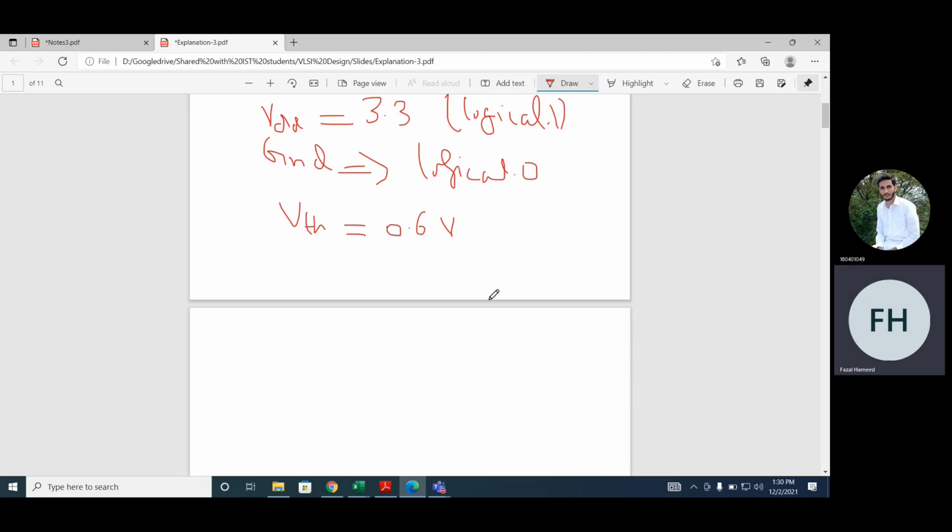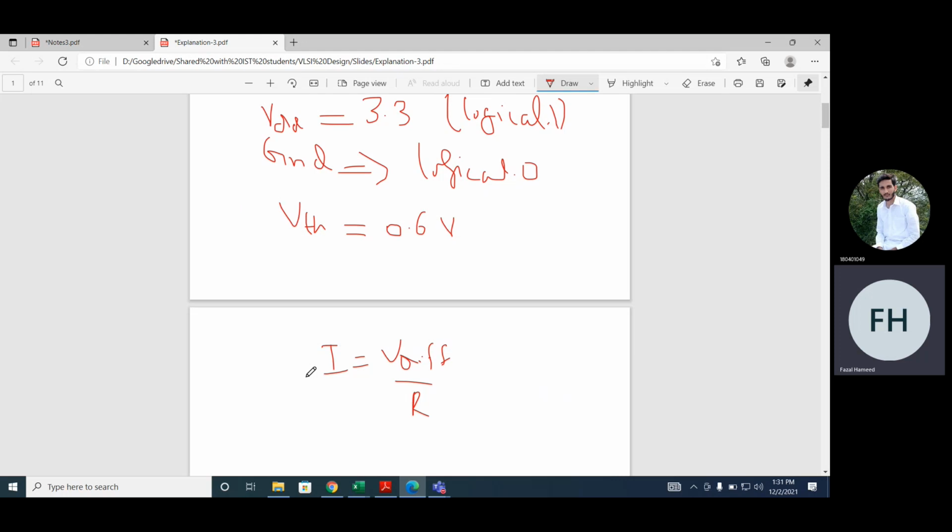When the switch is open, it means that the resistance is infinite. So you know the relationship between the resistance and the current. I is equal to voltage difference divided by R. So ideally, when the switch is open, it means current is 0. What is the value of current? I is equal to V diff divided by R. For I to be 0, what should be R? R should be infinite.